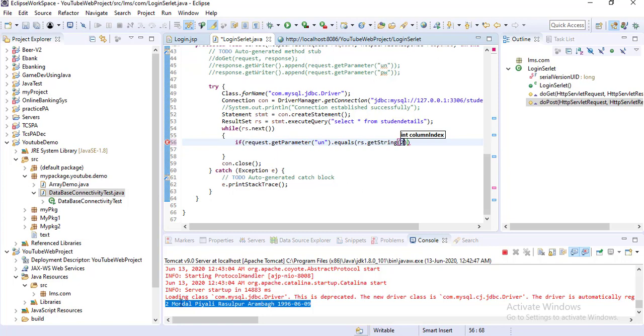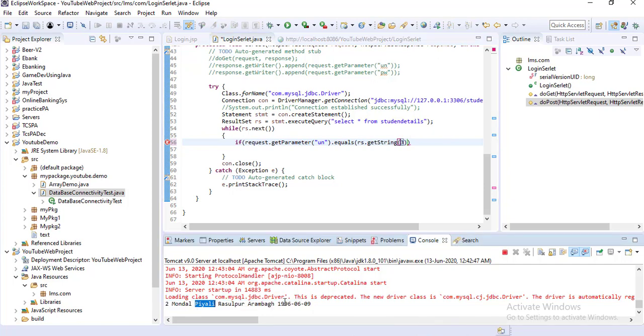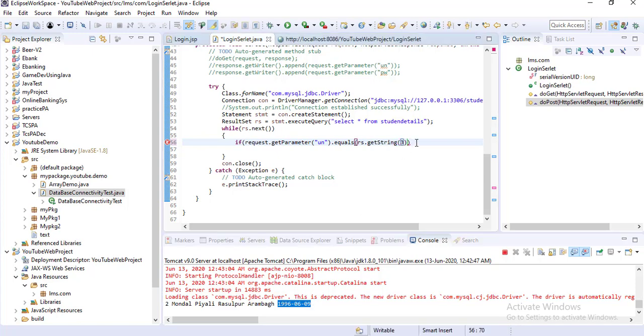So not the first one, I am checking the id as a username, or you can give 3 as well. So 3 is your name like PLE, and the date of birth is this one. Whatever you have provided, that is your date of birth, so I will check with that as a password.